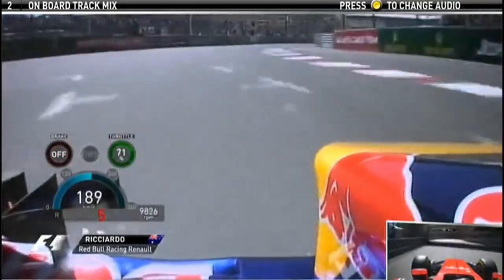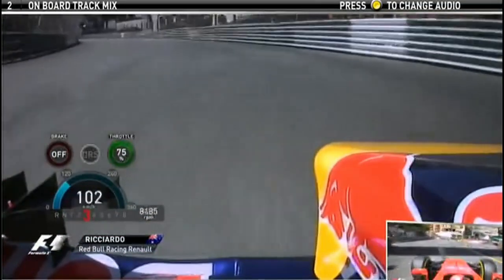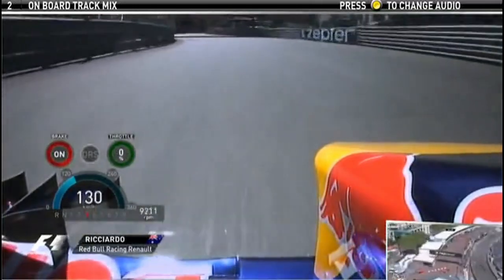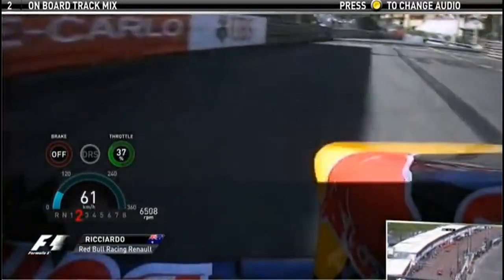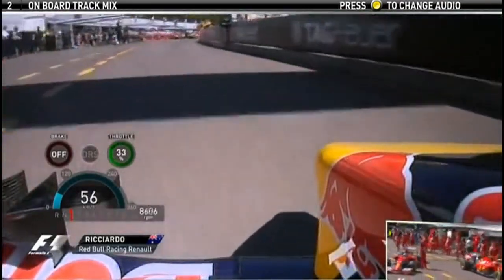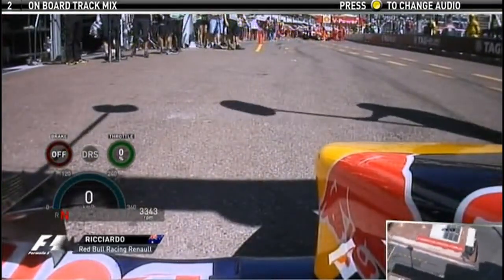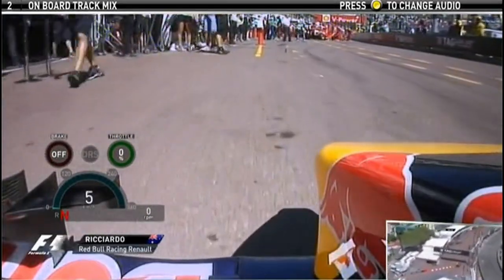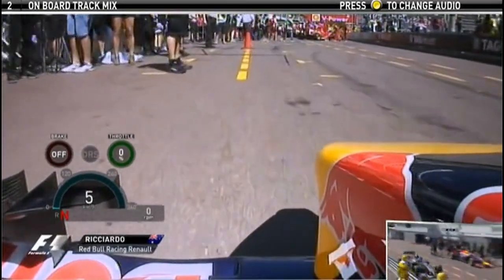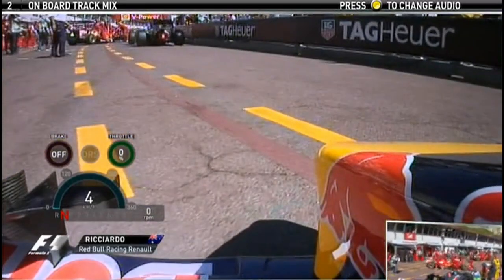On the side. So they've done a little solution which looks a bit like the Mercedes and the Ferrari versions. But the difference between Mercedes and Ferrari and Red Bull is that Mercedes and Ferrari have got the low nose, so their camera positions are actually aero positive. Red Bull have gone down a different route. They've got more of a slimmer nose with what they call a little keel at the front, a little sort of bumper rubber at the front. And actually, it's not aero positive, this new solution. It's something they've had to put on there at the request of the FIA. So I don't think it'll be too aero negative, but it'll hurt them a little bit, because